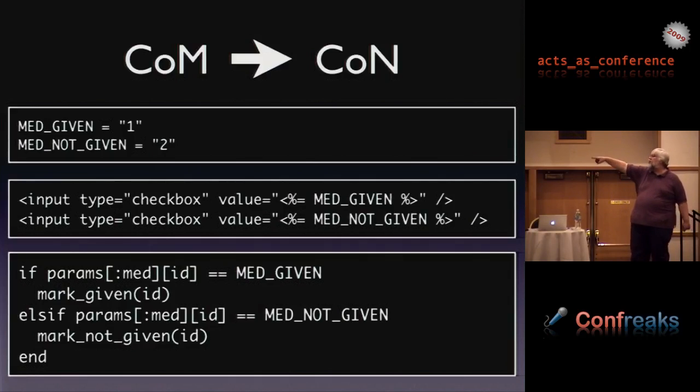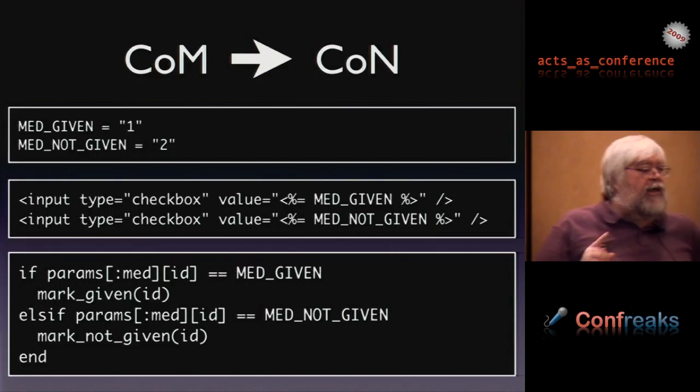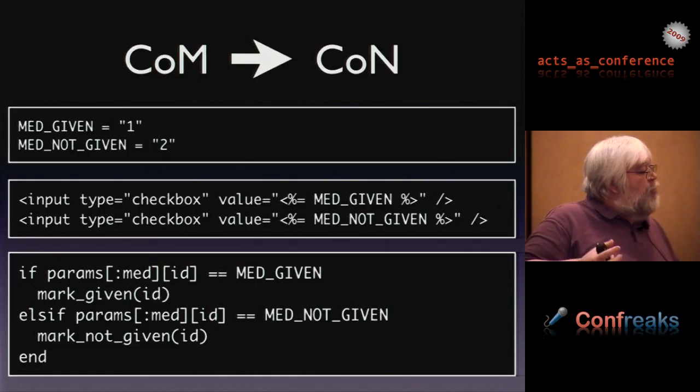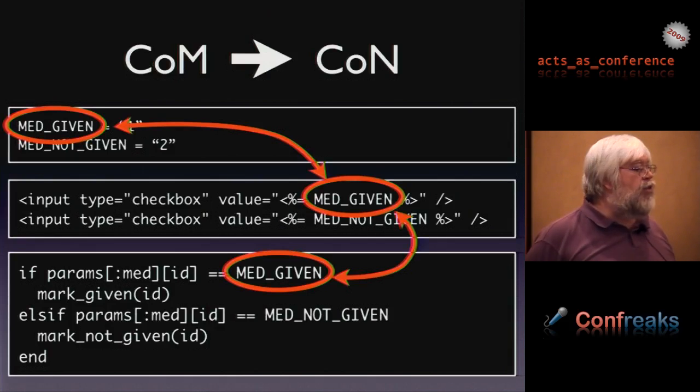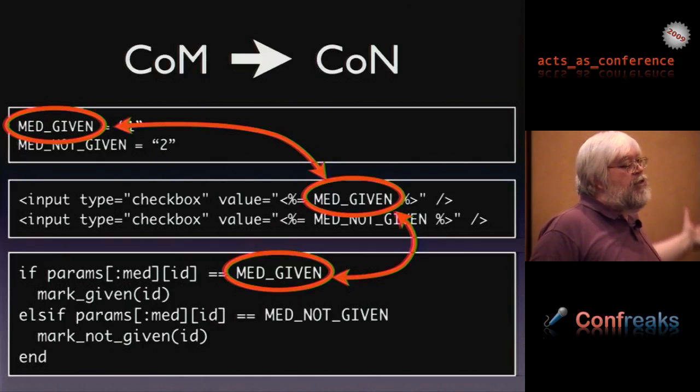And I can change the values all I want, and there's no effect. As long as I keep the names and don't change the names, they're okay. So that's connascence. So we've reduced it to connascence of name. But what's really interesting about this example, where I had connascence of meaning between two elements, when I switch to connascence of name, I have connascence of name between 3 elements. So it's a weaker form of connascence, but it's connecting more pieces of the code.